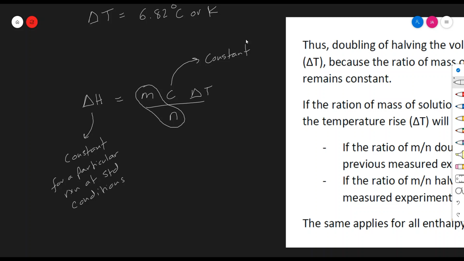Another possibility would be if the mass of the solution decreased, but the moles of the limiting reagent increased in the reaction. This would cause the ratio of mass over moles to decrease, and thus to keep the enthalpy change of reaction constant for the same reaction, if the ratio decreases, the temperature rise is required to increase. Thus, in a nutshell,